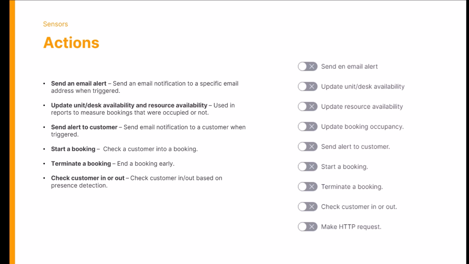Update booking occupancy. This can be used to update the capacity of a booking. So let's say you had a meeting room that is set to allow a capacity of 10 people. You could use this function to record the amount of people in the room at the time of the booking. This data can also be looked at historically, so you'd be able to produce a report that shows all your previous bookings for specific resources and the percentage occupancy for each booking based on the sensor data compared with the